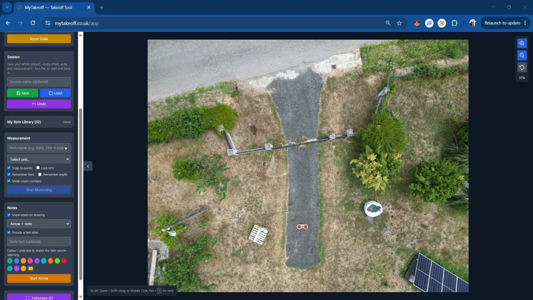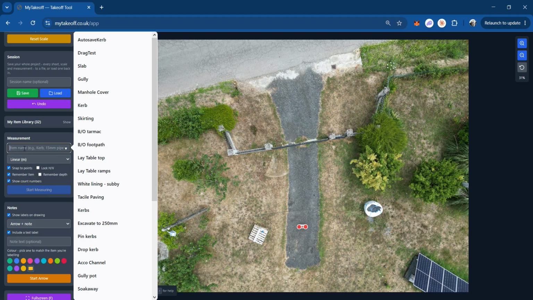So in our measurement section here, we're going to select linear meters. We measure things in linear meters when it's a straight run of something, so maybe a length of pipe work or a length of cable. In this instance, it's going to be lengths of edging curbs, which this client wanted around the edge of their new driveway. So if I show you an example of that, if I type in here